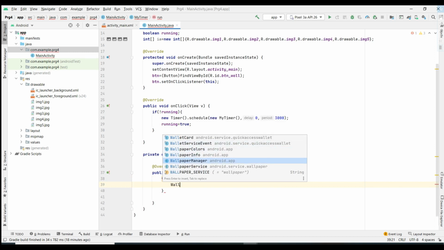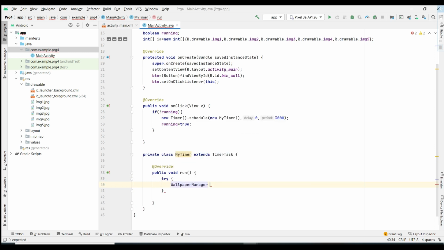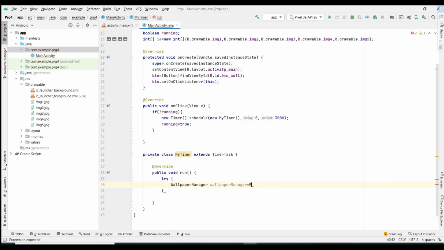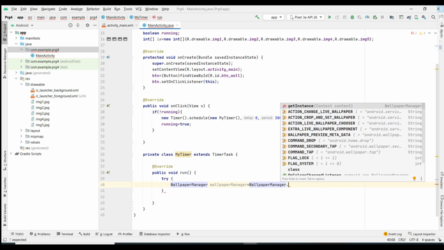That is already available. It is a class, and I'm going to create an object of the class, that is WallpaperManager. You need to give capital letters, it is case sensitive. So WallpaperManager, and I want to get the instance of this WallpaperManager, right?